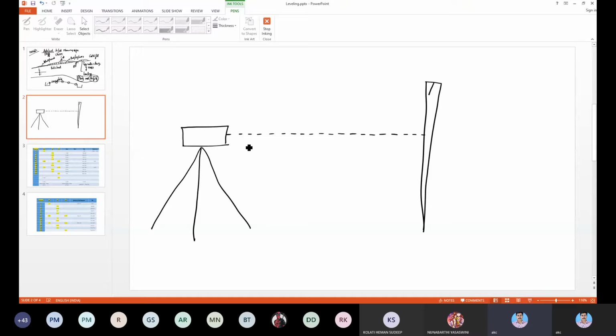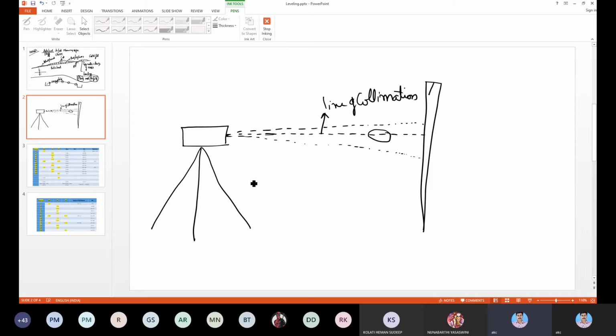Sometimes the bubble is not in the center, and you will be reading somewhere up or somewhere down. So the bubble should be properly centered, so that the instrument is properly leveled and you read the data as per this particular line. We call this the line of collimation, which you might have seen in the theory lecture class. And this height from here to the ground is what we call the height of instrument.